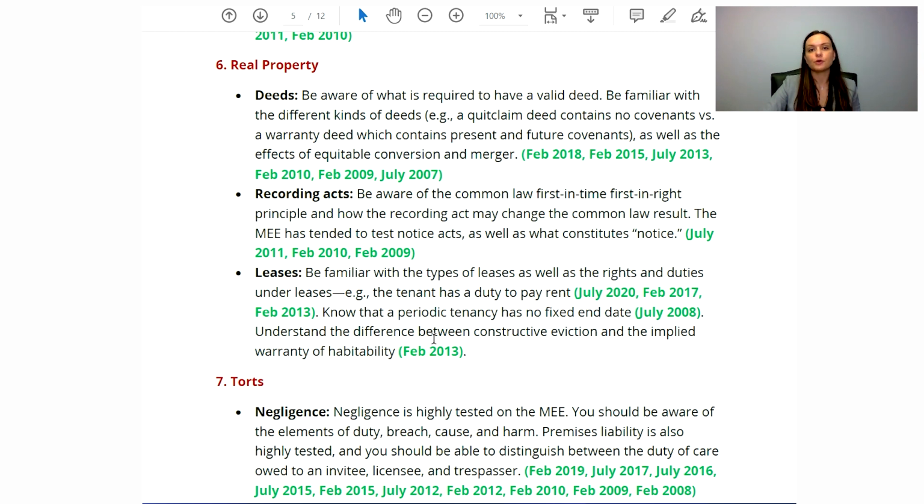You want to have a good approach to assessing a recording act question. And the best approach we find is first assessing who would win the land or own the land under a common law analysis. Common law is simply first in time, first in right. And then you want to assess the outcome under the Recording Act. And the whole purpose of doing this is because the purpose behind jurisdictions adopting recording acts is to change the common law result. So you can't figure out if the Recording Act is going to apply if you don't know whether or not the Recording Act changed the common law result.